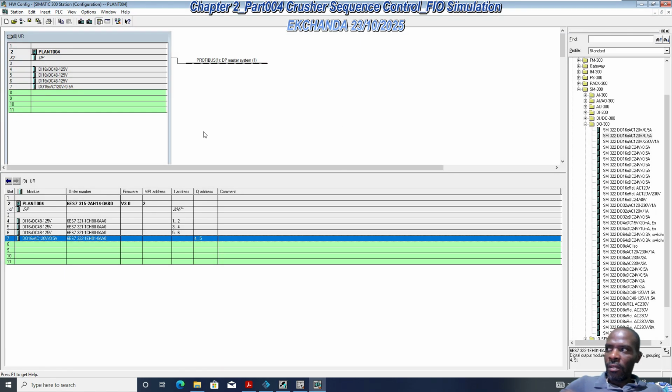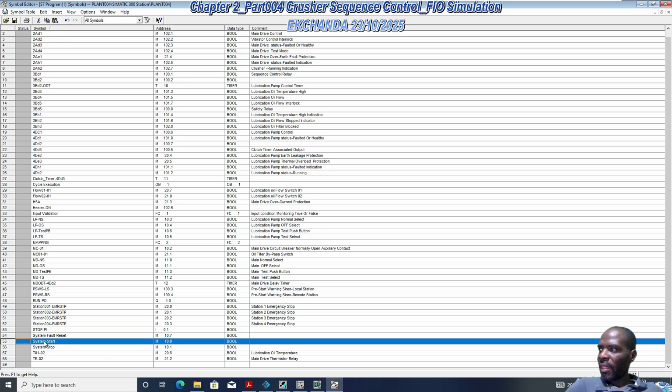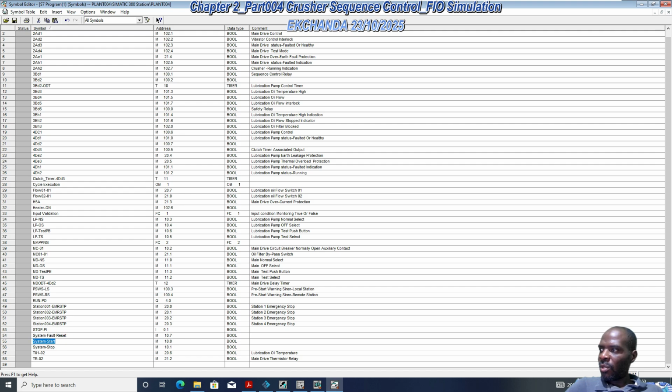We're going to move on to just illustrate the exchange of data between Step 7 and Part004. So essentially, this is system start. System start is associated with memory bit address M10.0. So we're going to copy this. This is a memory bit address,